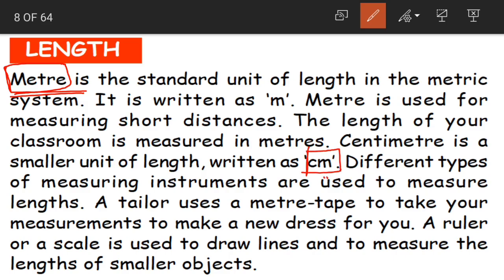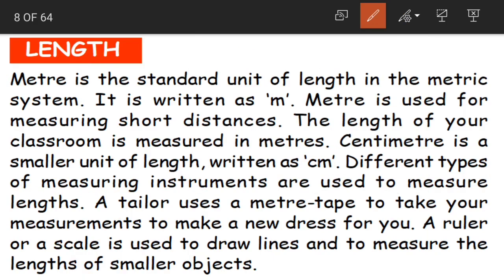But to measure the lengths in meters and centimeters, we have different types of measuring instruments. Like for example, say if you want to eat something, the food will be the same, but there are different ways to eat. You can eat it by your hand or spoon or fork, or you can use a knife also to cut and eat. Understood? In the same way, the unit of measurement is same. We measure in meters and centimeters, but different types of measuring instruments are used to measure the